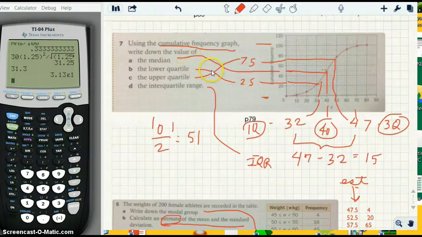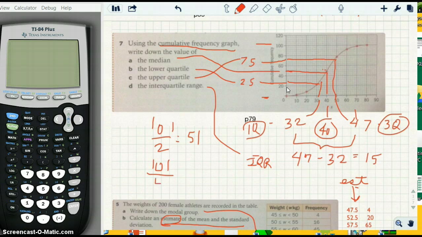What about the lower quartile? How do we find that? Well, we would look at the 25th person, which would be about here. How do we know it's the 25th person? Well, we take the total number of people, add 1, and multiply times 1/4. And that would be 25.25, so that's about 25. So we take 25, we follow over here, we hit the graph, and we go down, and it's